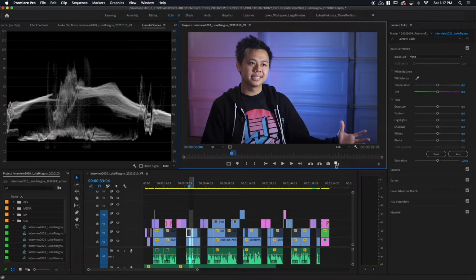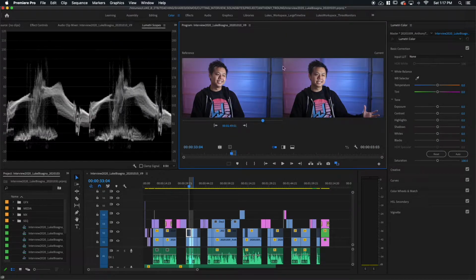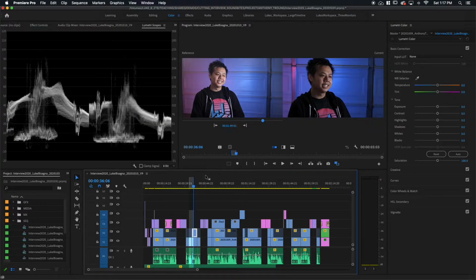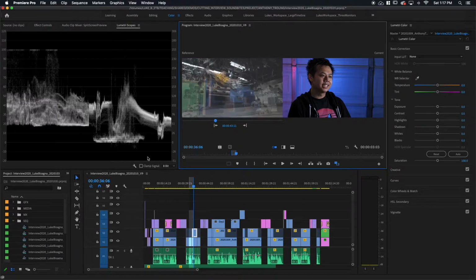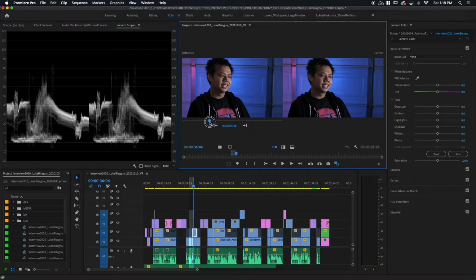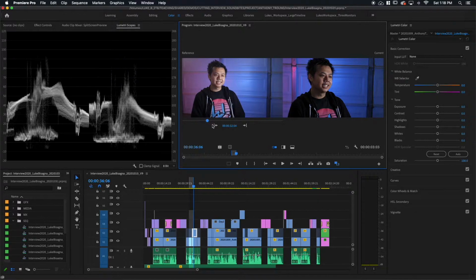Hit OK, and you'll have that button available to you. So if I click on that, I get two images here. The image where my playhead is parked, and then also the ability to move to a different part of the timeline so I can compare it. So I'm going to move my playhead to a darker image here, and you can see the lighter one is right before this one. There we go, right there.